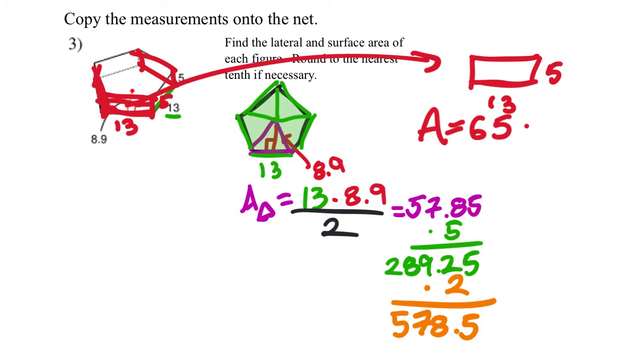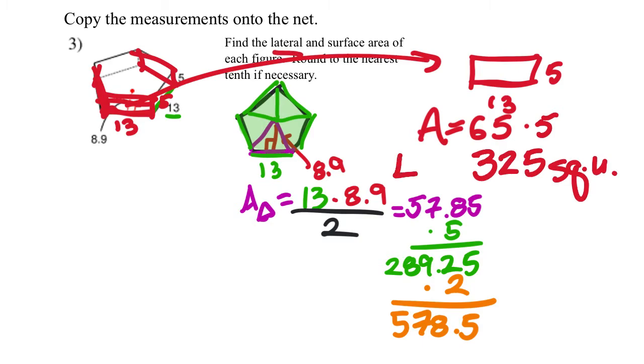And how many of those do we got? Well, that's 1. Then we have this one on this side. That's 2, 3 here, 4, and then this fifth one, right? Which we would expect 5 rectangles because this is a pentagon. So I'm going to multiply that 65 by 5, put it in my calculator, and that tells me the area of all of the rectangles is 325. I'm going to label this one because it is one of the answers. That's the lateral area,